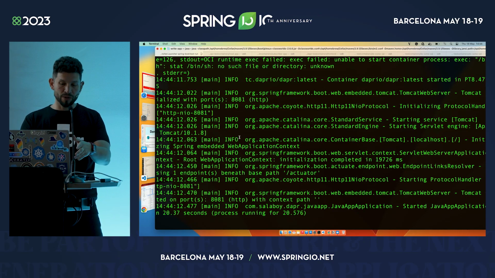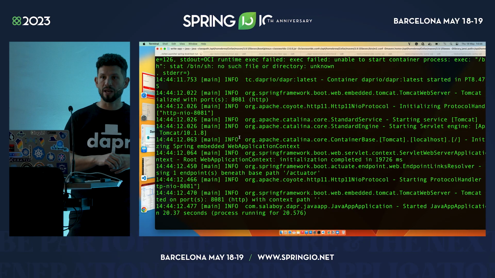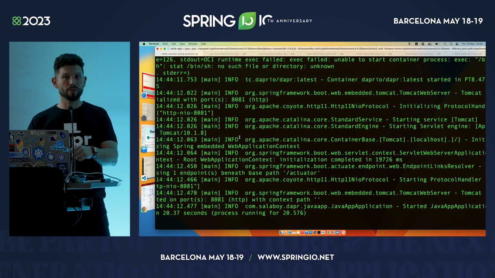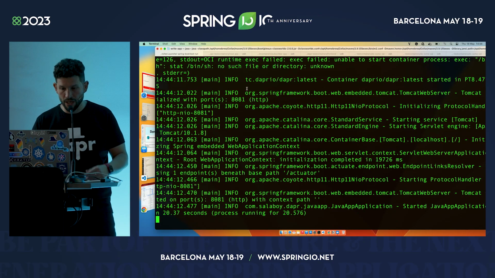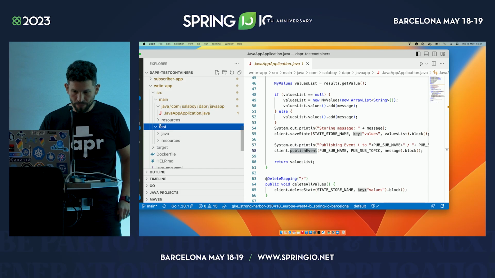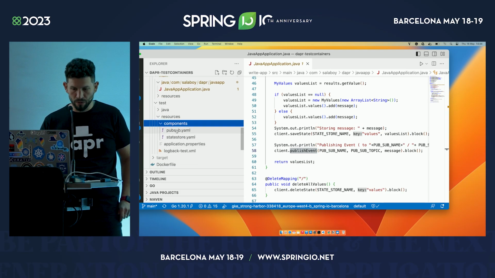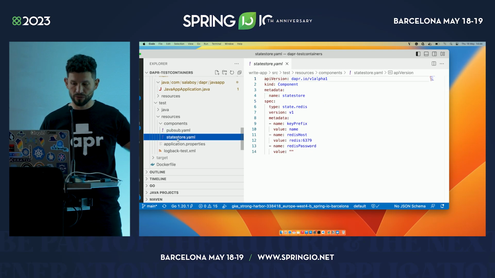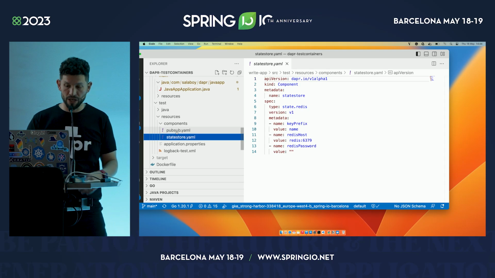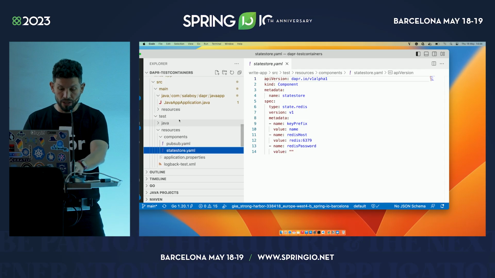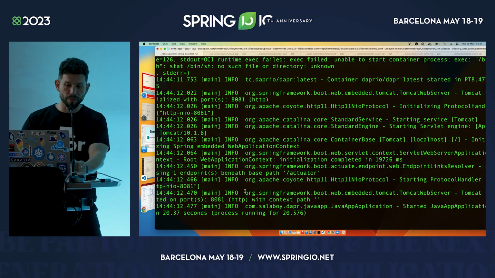Because my application is now started, as I did with the PostgreSQL example at the beginning, I have a Redis instance that my application can connect to, but I'm not connecting from my application, I'm connecting through Dapr, right? And that's also included in the Testcontainers integration, which basically allows me to say, okay, my write app, in the test resources components folder, I have my PubSub configuration and my state store configuration, right? My write app is going to save state and also emit some notifications, so I need some infrastructure to be configured for it. And that's basically being bootstrapped there.